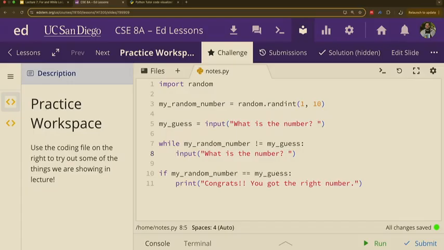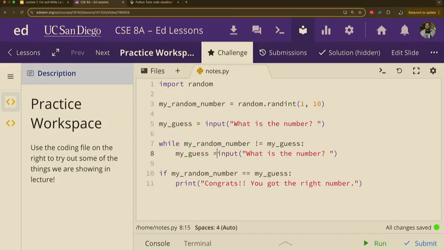Someone says 6. In theory, they're supposed to get the number right. But we never saved this answer. Because we never saved it, it's like me saying, what's the number? You say 6. But it went in through one ear and out the other. I don't remember what you said, so I could never check what that number was. So how many times would I be doing this while loop? Infinite, because my guess never changes, right? My guess never changes, we never leave.